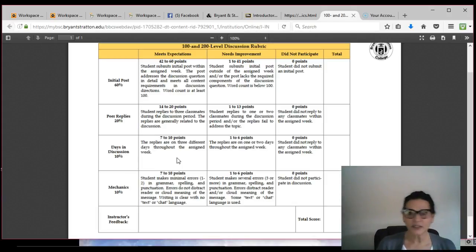Log on first thing in the morning when your alarm goes off. Say, boom, this person posted, this question I have goes to here. Boom, I'm done with 1. The next morning, boom, I get 2 replies. By Wednesday, you've hit all 3 replies. And then you have Thursday, Friday, and Saturday just to enjoy the engagement with me and with your peers. Start your good habits now.